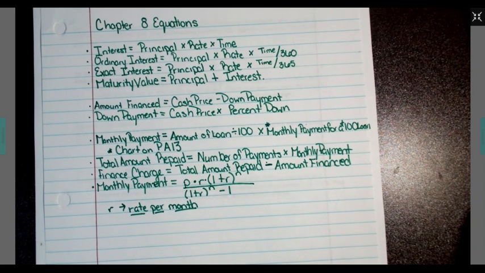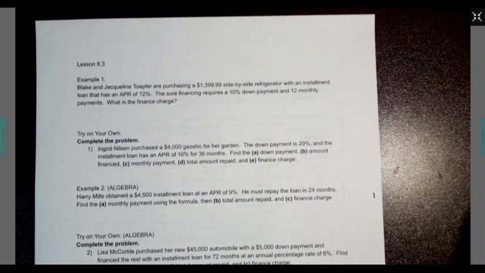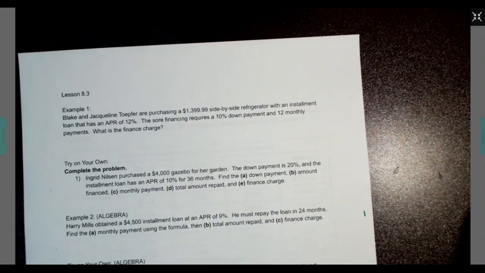Your one vocab word for this lesson was annual percentage rate, APR. This is an index showing the cost of borrowing money on a yearly basis expressed as a percent. I want to dive into today's lesson. We're going to start with